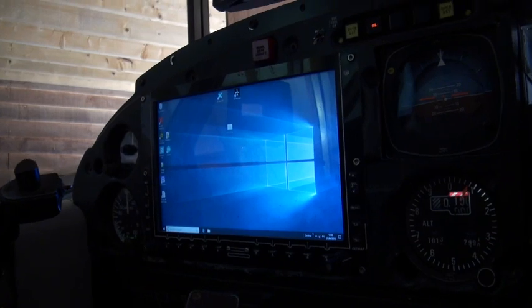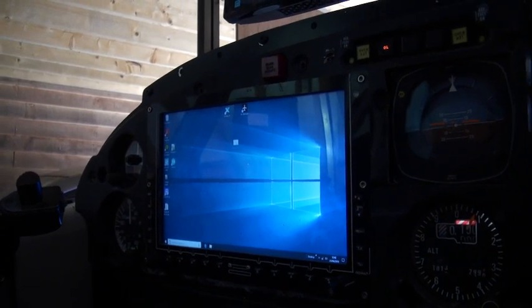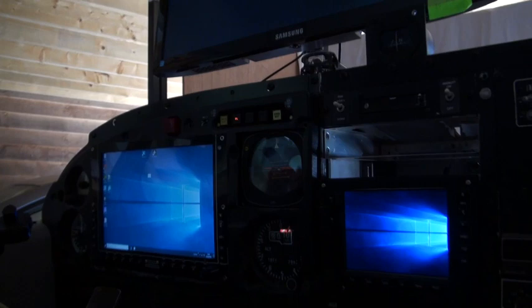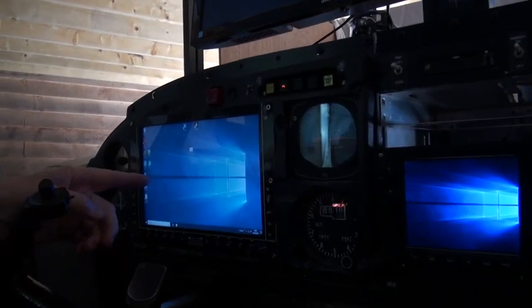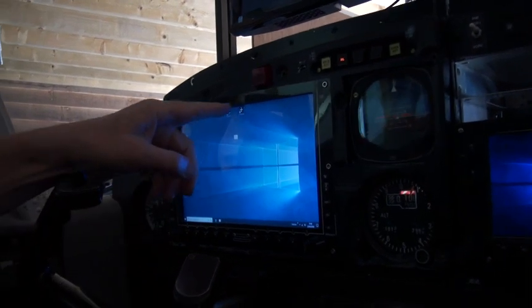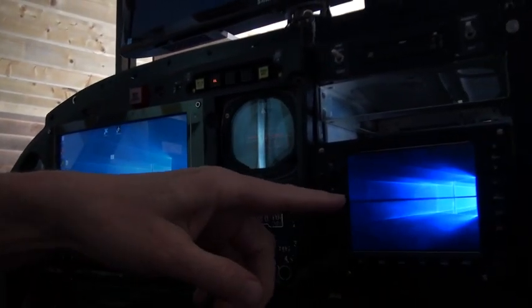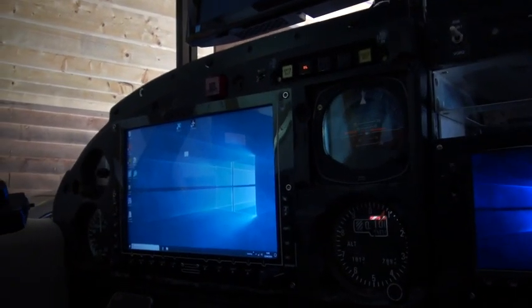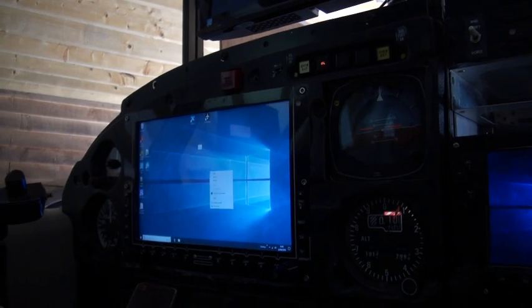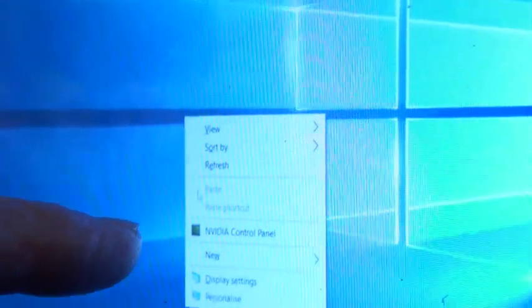So after the computer started up, you should end up with 3 windows on all 3 screens. The top one's the projector screen, the EFIS screen here is the control screen for the computer, so we've got all the control icons on here, and then this screen is just by itself for the GNS 530 on its own. So just to check that the screens are correct in the computer, right click anywhere in the screen area